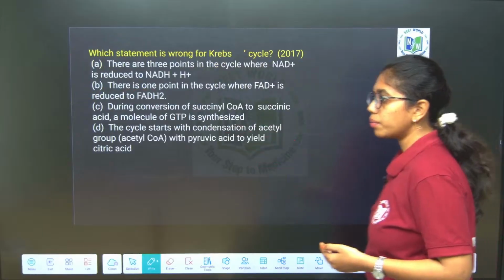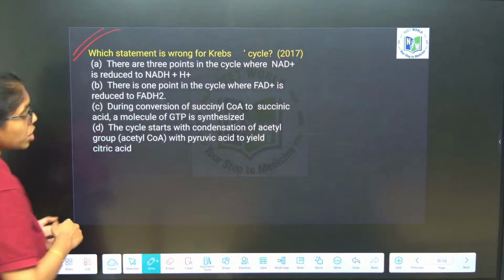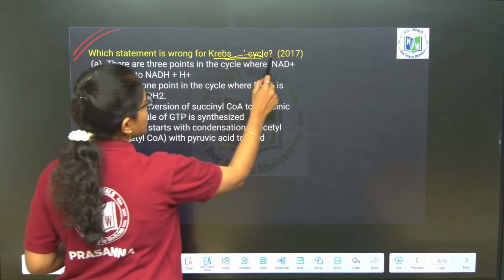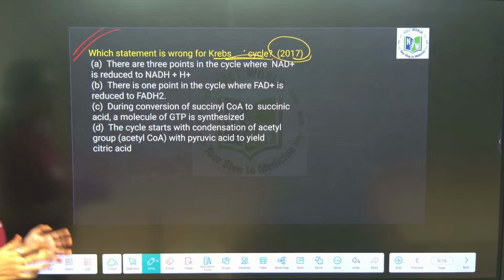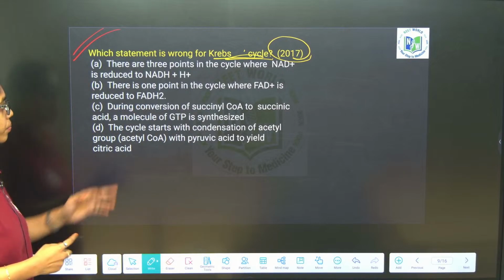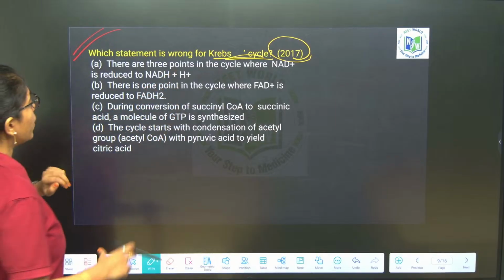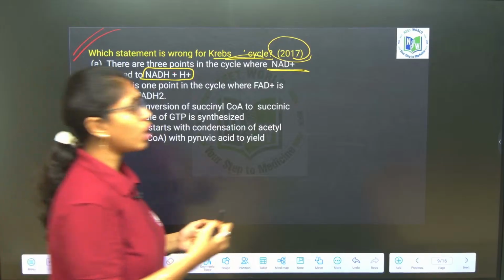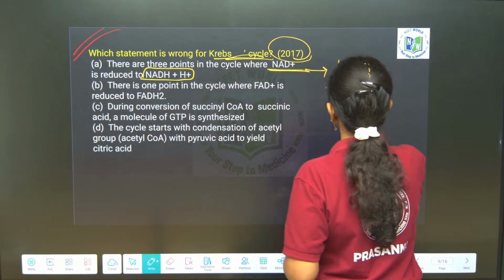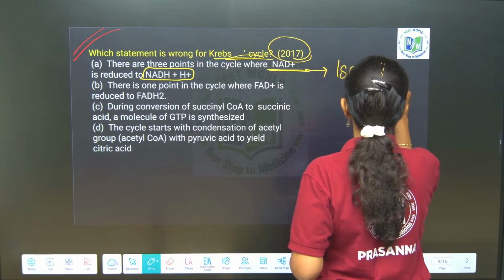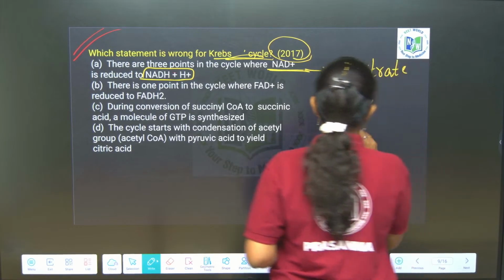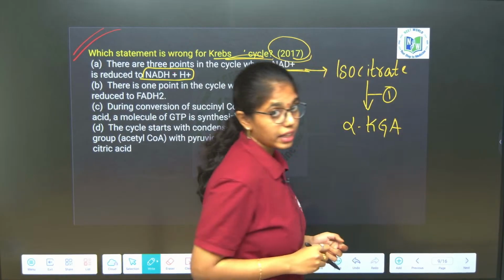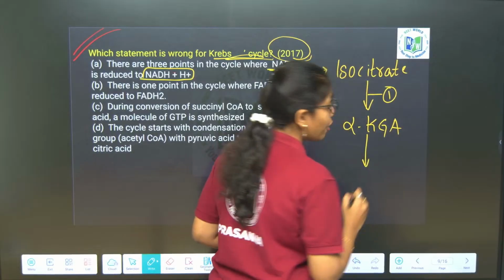Next question, look at it. Which statement is wrong for the Krebs cycle or TCA cycle? Incorrect statement with respect to the TCA cycle, 2017 question. There are 3 points in the cycle where NAD plus is reduced to NADH plus H plus. Let us recall what those 3 points are. Is that true? One is from isocitrate to alpha ketoglutarate. This is the first point where NADH is released, and the second point is alpha ketoglutarate